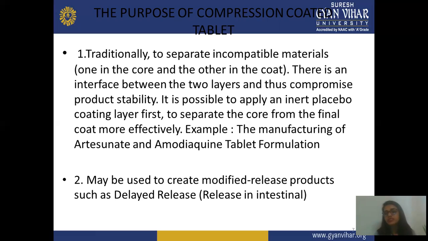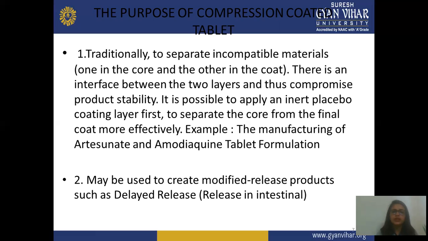Placebo, or maybe by taking a certain sample which is similar to your formulation, and the coating is applied. And before this coating is applied, you should assure that this placebo has similarity with your formulation. And after this coating layer is applied, you separate the core from the final coat material. And after this, you can say this is one example. Manufacturing of atorvastatin and amlodipine tablet are examples of this compression tablet, or this incompatible material using two layer coating or two layer